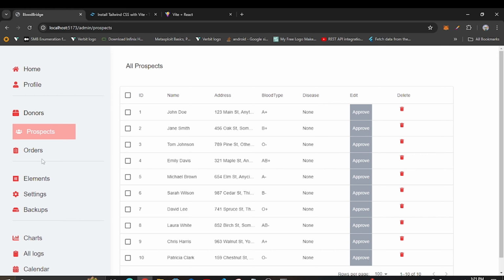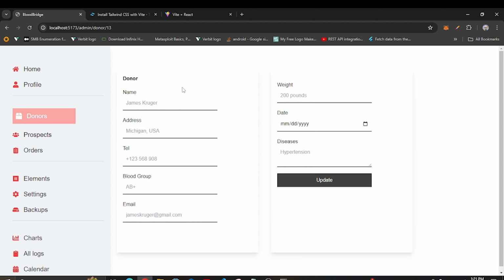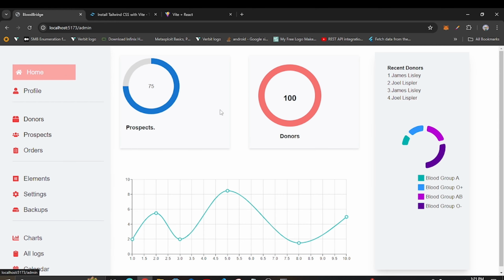So also for the donors here, if I click on the donors and then come here for edit, for example, you'll be able to see the details for that donor, and you can edit the information here. You can see how simple it is, and then you'll be able to update right here. So this admin dashboard is very simple and also beautiful, and by creating